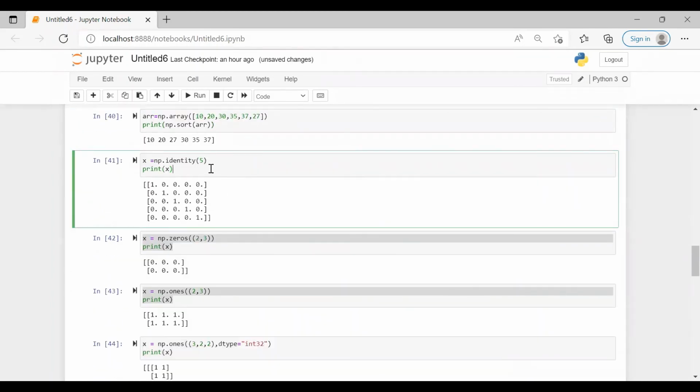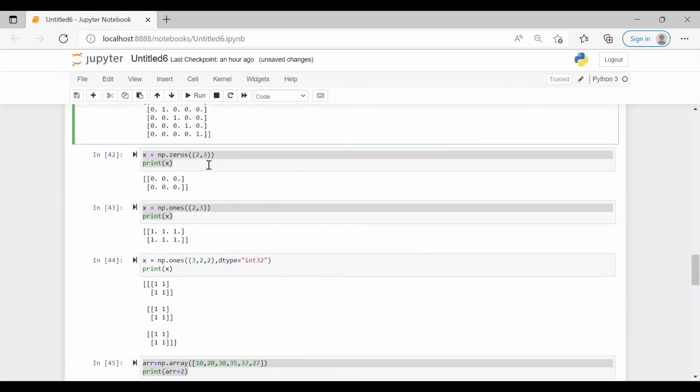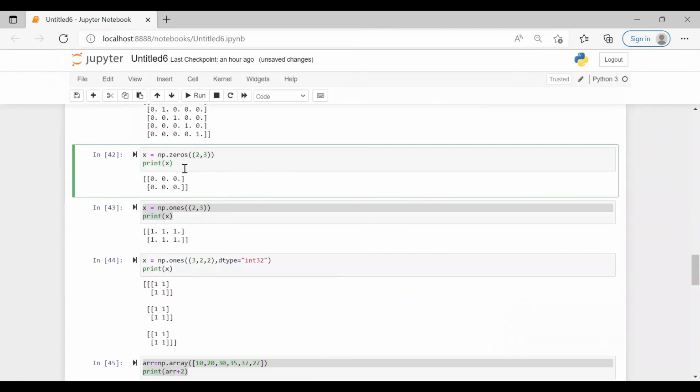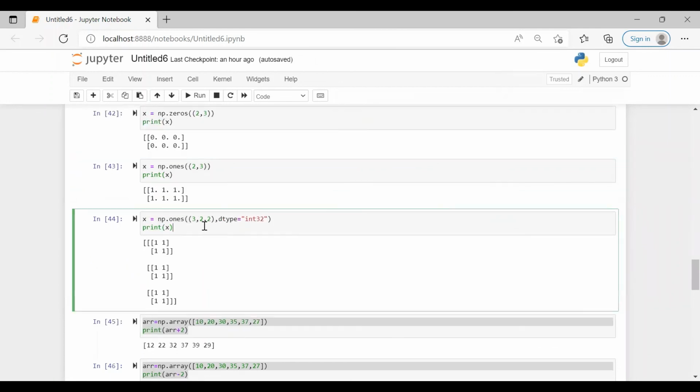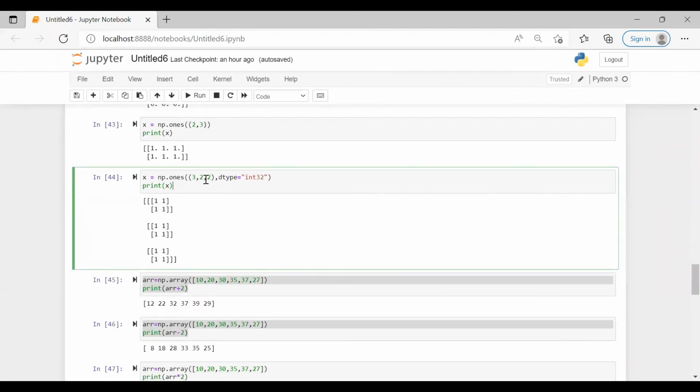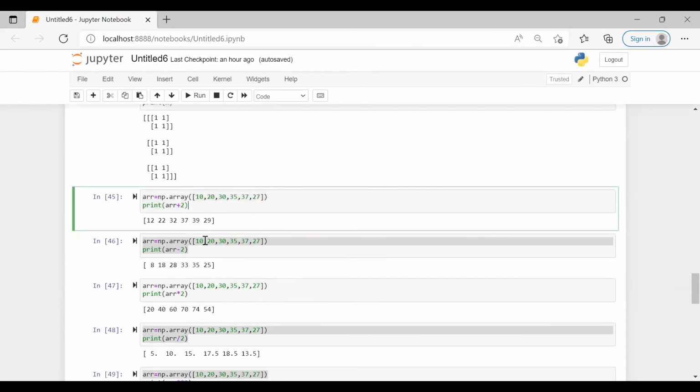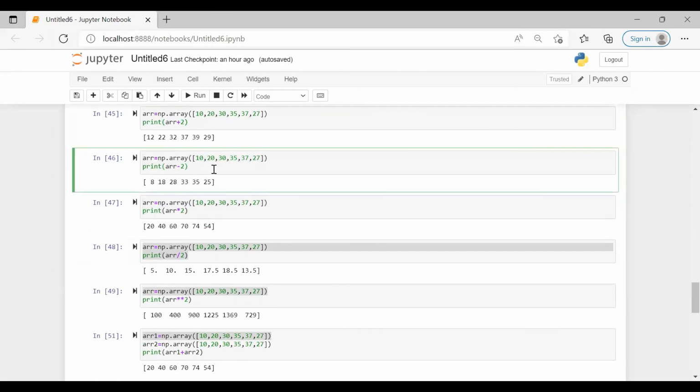We can create a matrix, identity matrix, zero matrix, that is an array matrix with zeros, matrices of ones. We can also set the dimensions of an array, and all the arithmetic operators can be applied to arrays: plus,